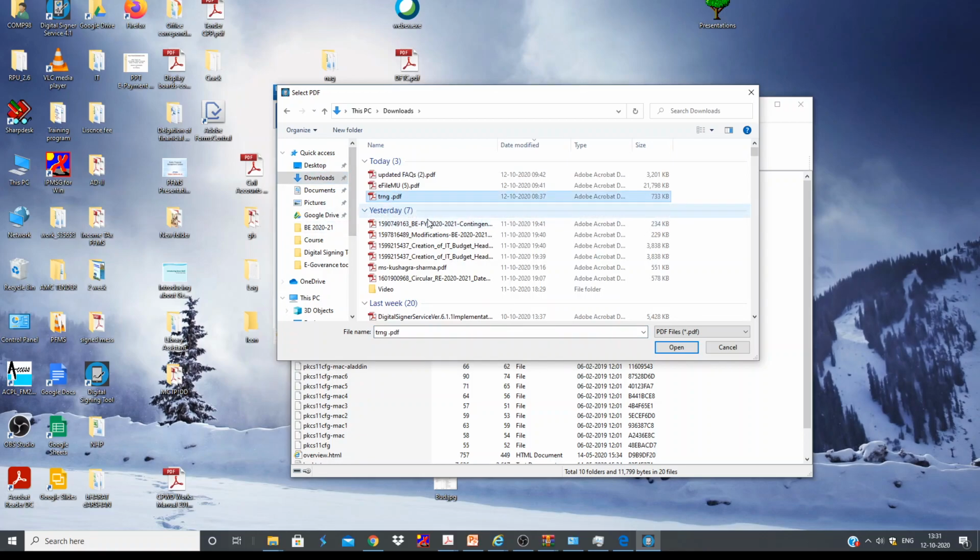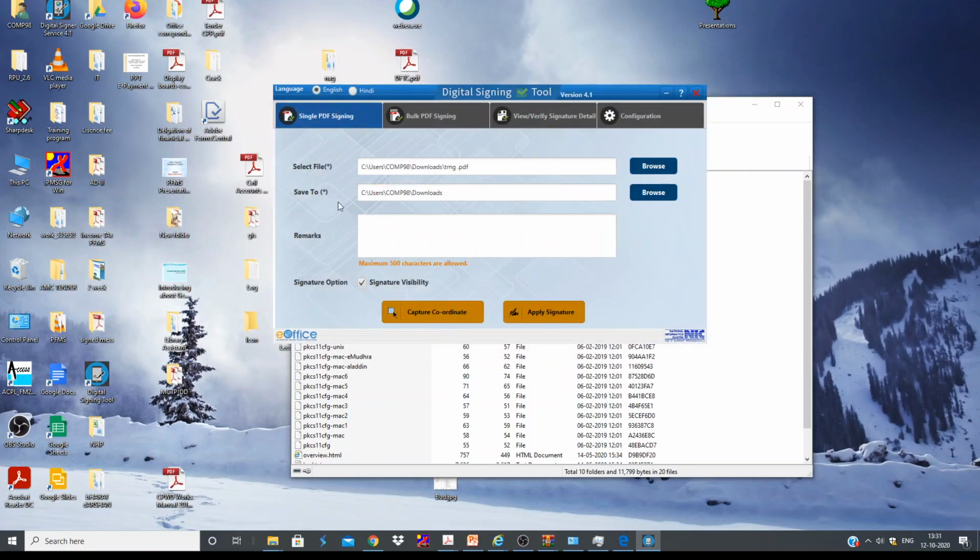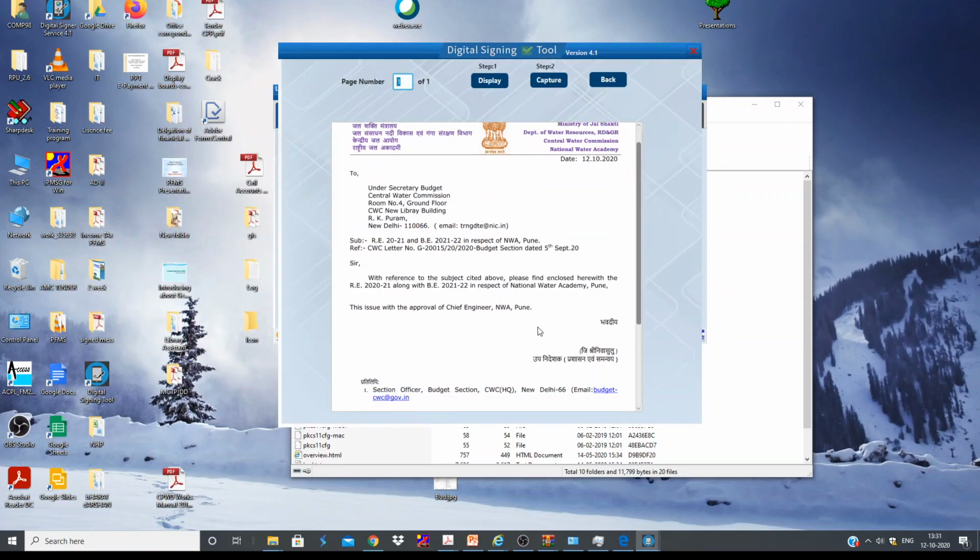I'll take any one letter, let's say this letter, just for example purposes, and we need to write where it is going to be saved, and we need to write the coordinates. That means we need to click the box where the signature should be placed.